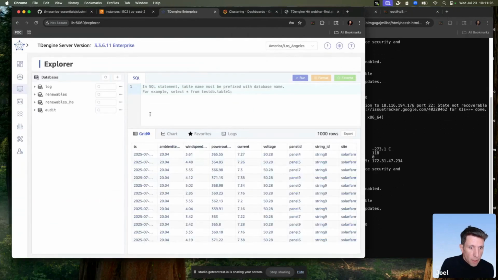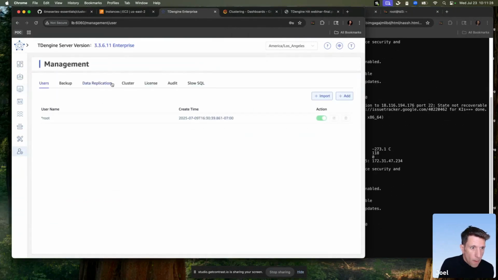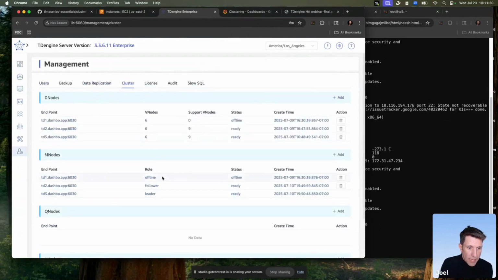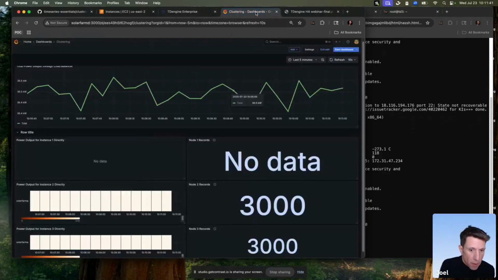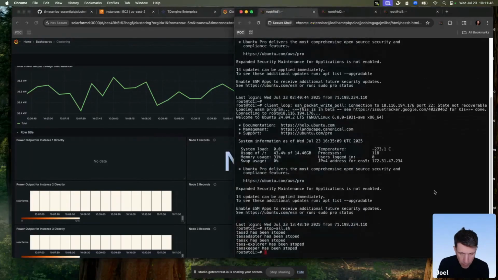Looking at the cluster, we can now see that TD3 node was elected to be the leader, and we're offline here on node 1 that was taken out. And same here, no data for node 1, but when we bring